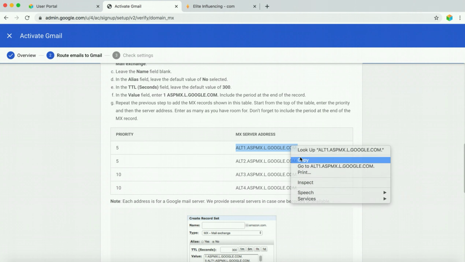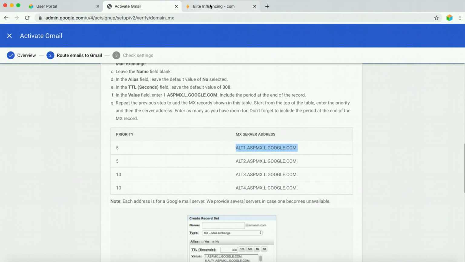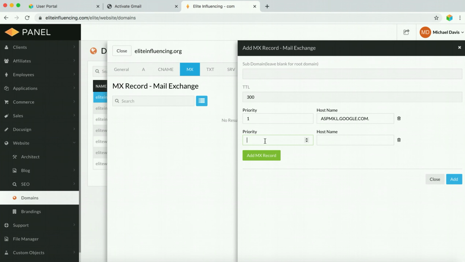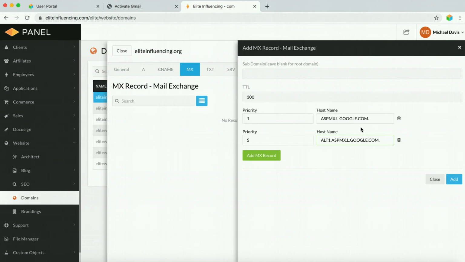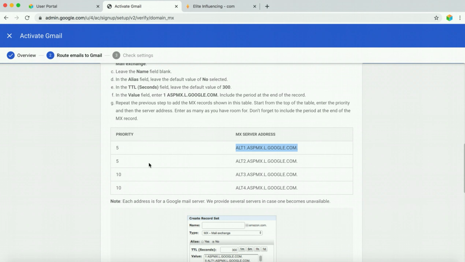Right click, copy, and remember that it's 5 for this. So we'll go over here, do priority 5, and then in the host name, right click and paste. So this is what it should be looking like right now for it. And we'll do this again for the next one. So the next one says priority 5 as well. And then here we're going to copy this, including the period,